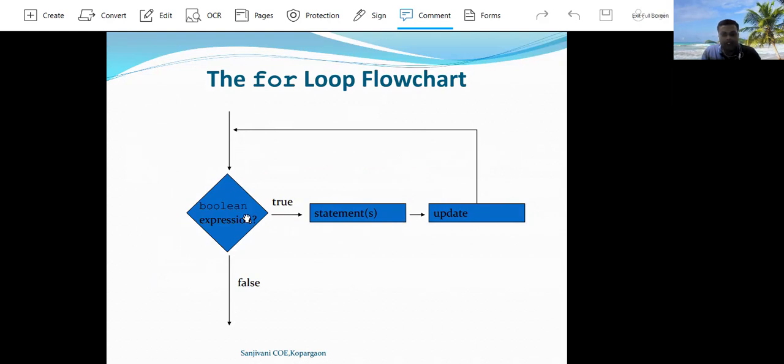When the Boolean expression is true, again it will execute the statement written inside the for loop, and after that it will update the loop variable. Then again it will check the Boolean expression. When the Boolean expression is false, it will stop the execution of the for loop and execution control transfers out of the loop.